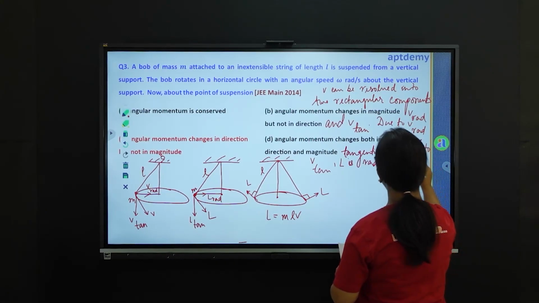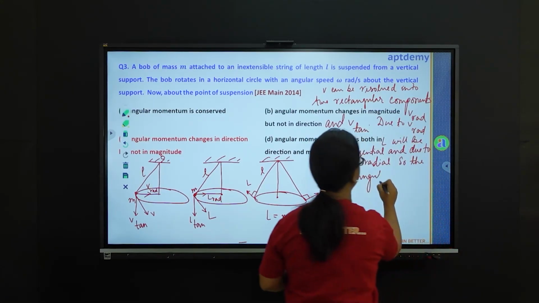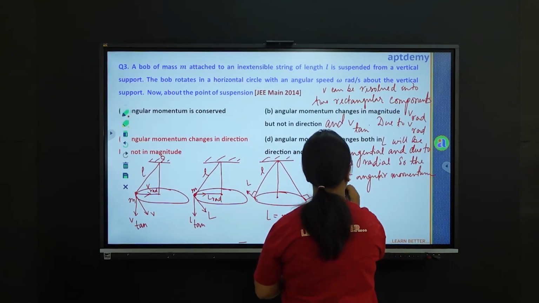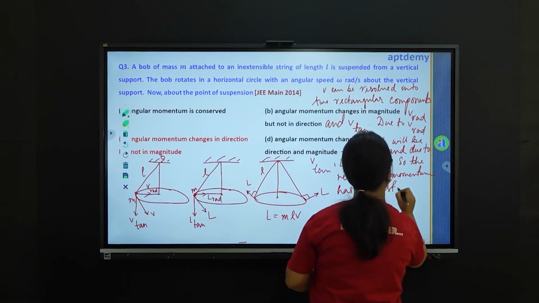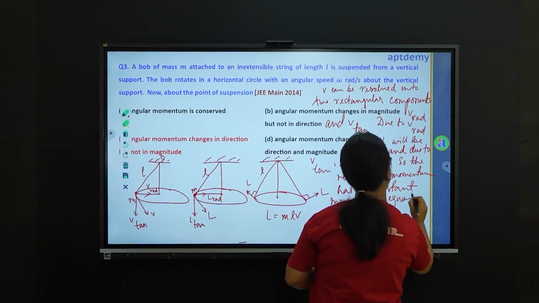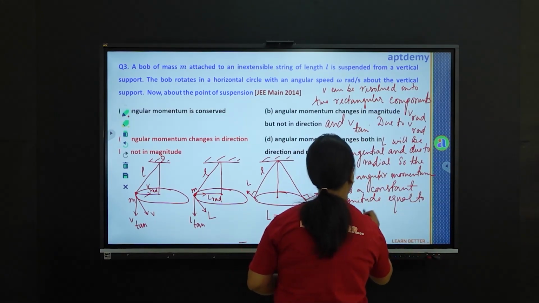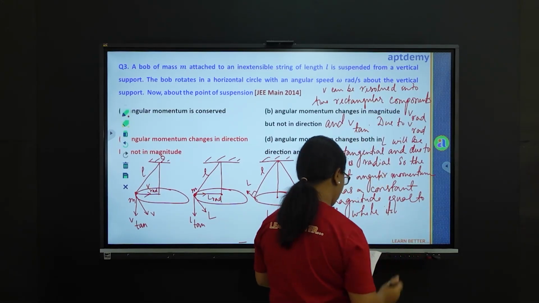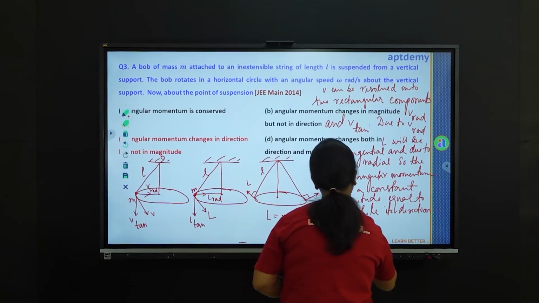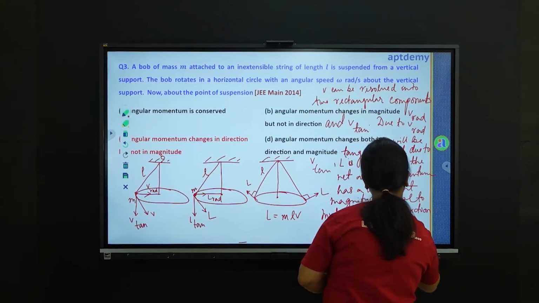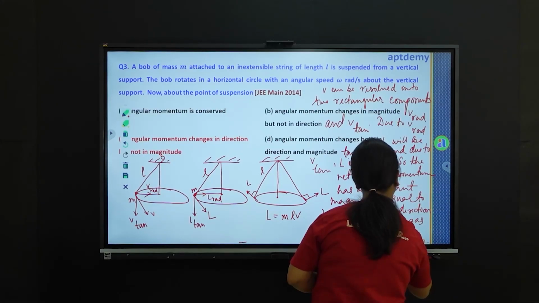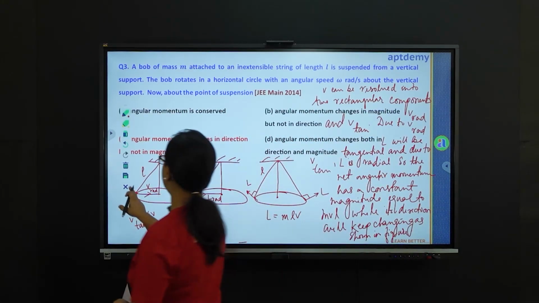So the net angular momentum has a constant magnitude which is equal to m v l, while its direction will keep changing as shown in the figure. So now proceeding to the